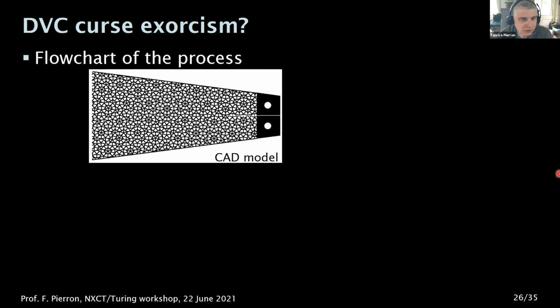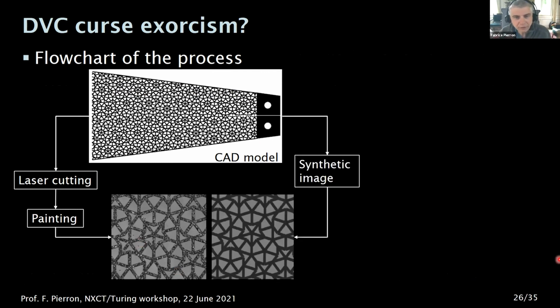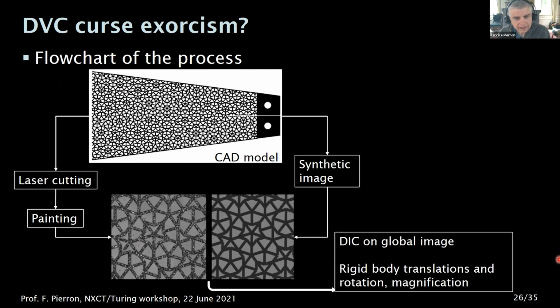Well, they first make this shape by laser cutting from the CAD model, and then they paint it. So they have an experimental artifact, and you can see the little dots here corresponding to the speckle pattern. And then they create a synthetic image based on the CAD model. They then have to register the magnification and the location. So they do this by a global correlation problem over the whole field of view, just as an initial starting